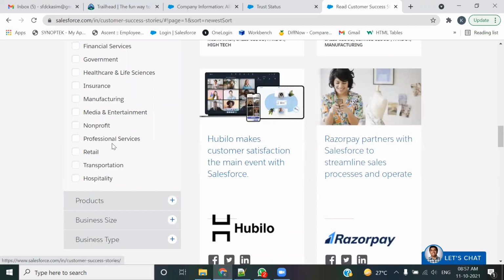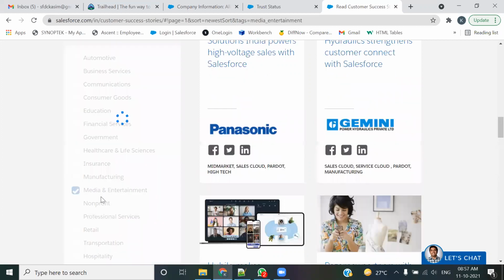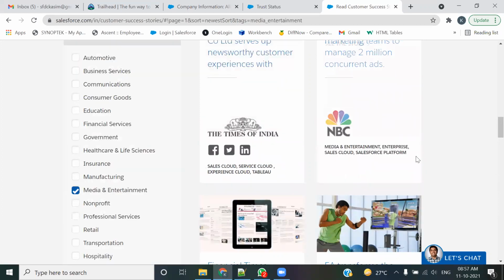And this is one reason why you can see that today Salesforce is almost in every business. For every head of the business, for every kind of business, people are using Salesforce. You go to media and entertainment, here also Salesforce is there. Times of India, see, you know this brand. Everyone probably knows what Times of India means. It is India's oldest paper, a paper from even before our independence. There used to be other papers too, but they could not sustain that much. Times of India is still there today.